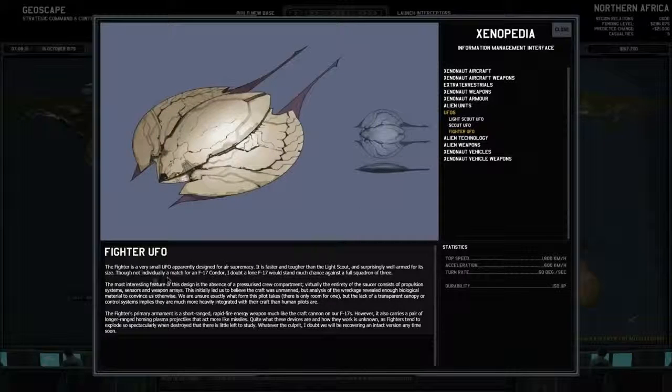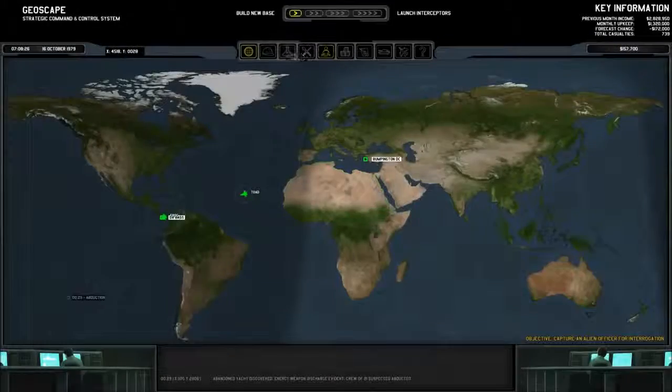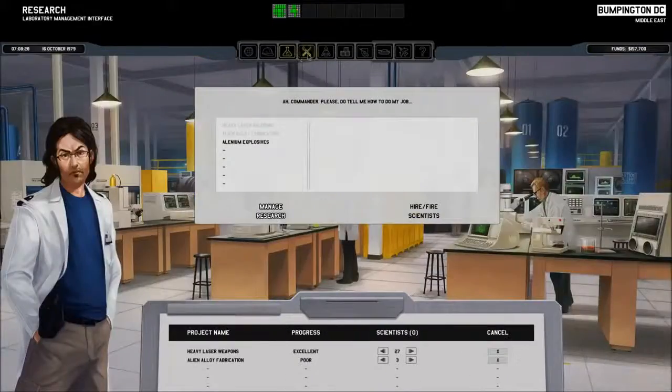Let's see. Alright, fighter UFO, and it shows you very small fighter, blah, blah, blah. Feel free to pause and read. Again, it is worth reading, guys. If you're watching the LP, you should definitely read these things, because oftentimes there is some funny stuff intermixed throughout. Let's take a look here. And nope, still not yet. Alright,